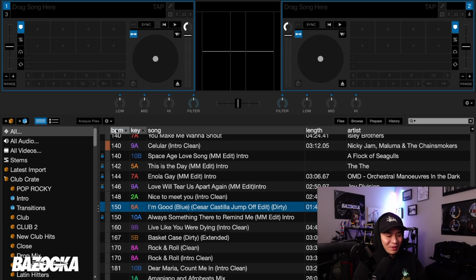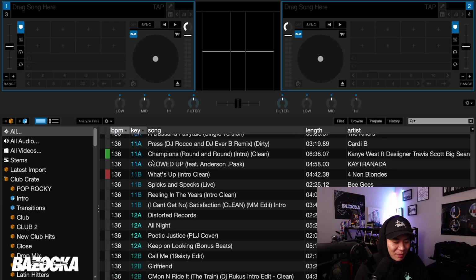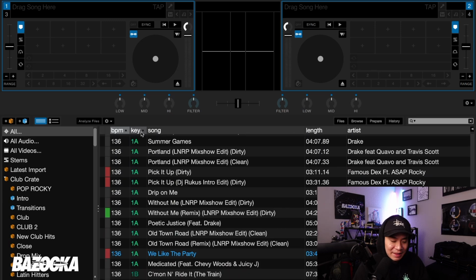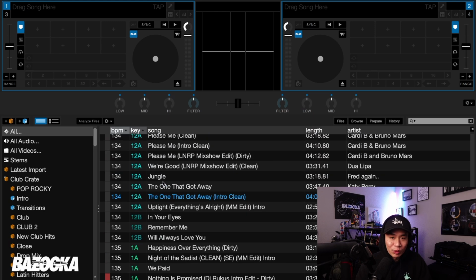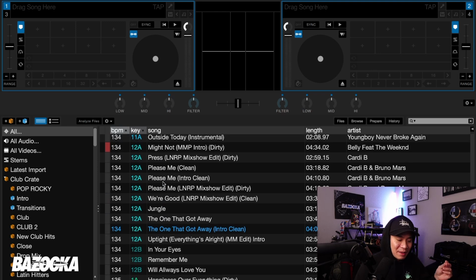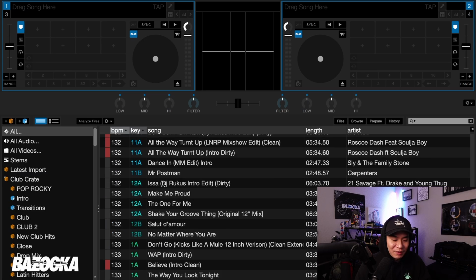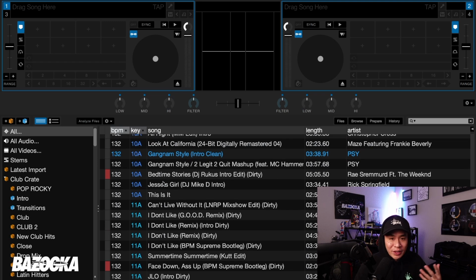All right, so first column is BPM, and then the next column that I have here next to it is key. So if you actually hold down command and then you click on key, not only will your library be sorted by BPM, but it will also sort it by key as well. So it's like a secondary way to sort your music, especially for folks that, you know, prefer to mix in key, which you should, but when you're playing live and you're playing, I guess, not at a show, more so